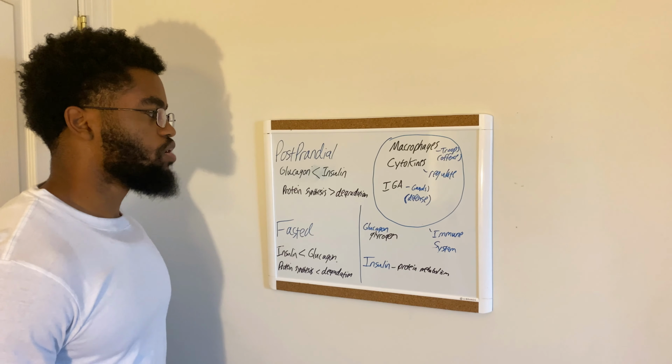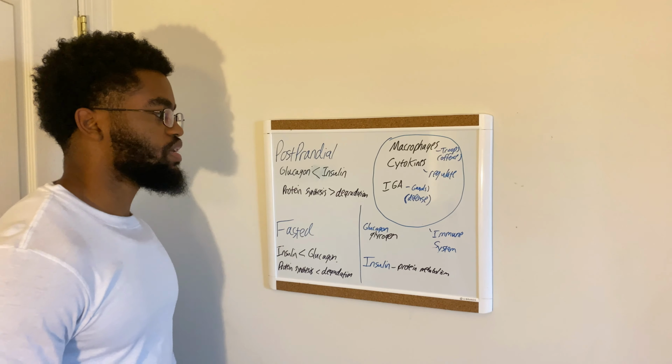When you are in a prolonged state, however, now it starts to impact the immune system. And the reason why is because protein is also responsible for the vital cells that are responsible for carrying out the immune system response. You have three primary cells involved in the immune system. You have macrophages, cytokines, and you have immunoglobulin A, or IgA for short. When it comes to these three cells, think of cytokines as the general. They regulate the entire thing. They carry out the orders.